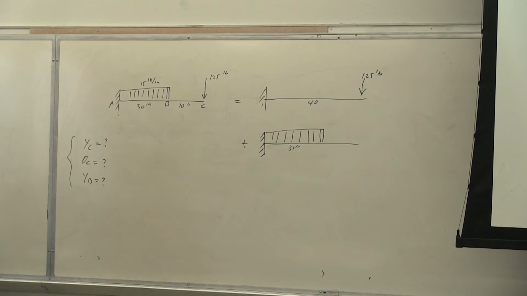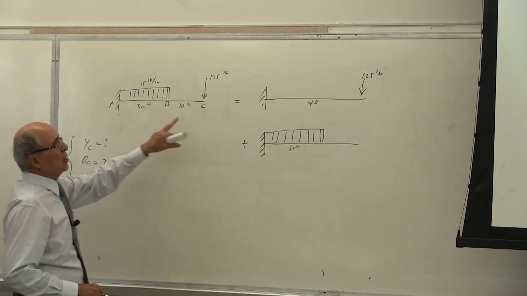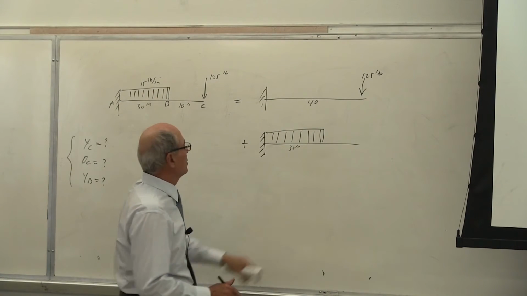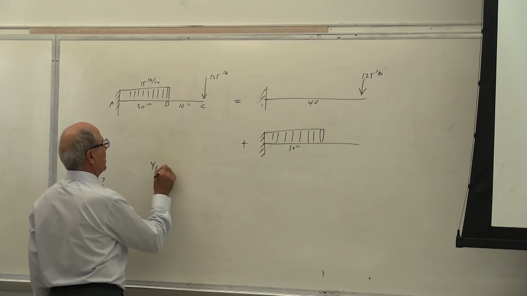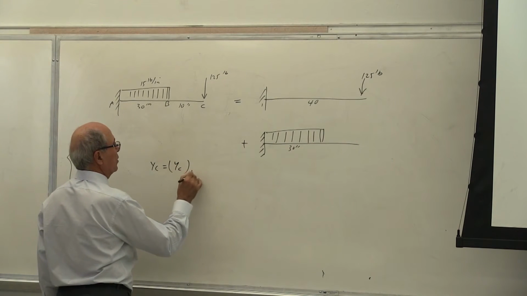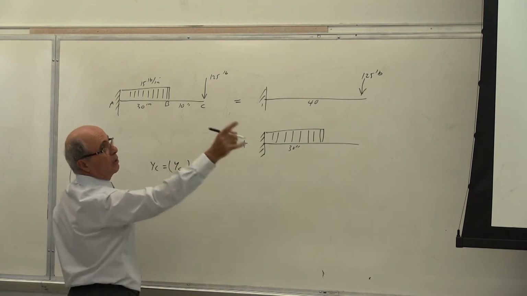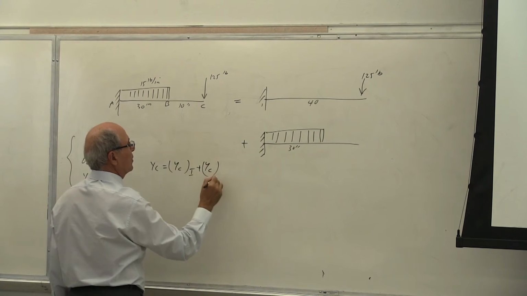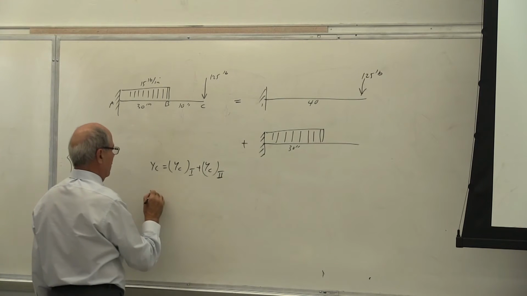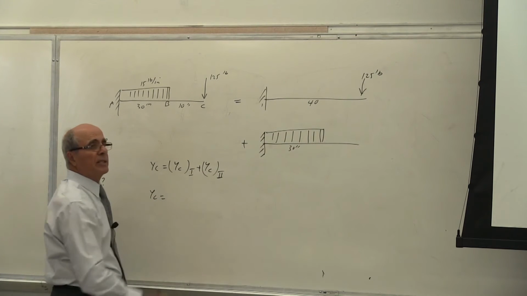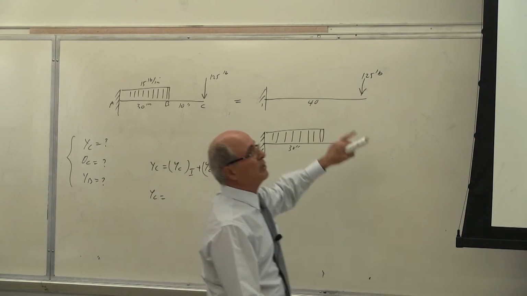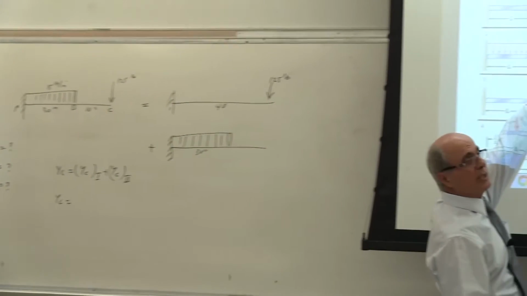Let's see, we are calculating YC. How do you calculate YC? YC of this system equals YC of system 1 plus YC of system 2. Okay, write it down. YC equals YC of system 1, which is the top beam, I hope everybody can see from there, plus YC of system 2. Now, I put it all here. System 1 is this one, yes or no? What's the YC? It is given.